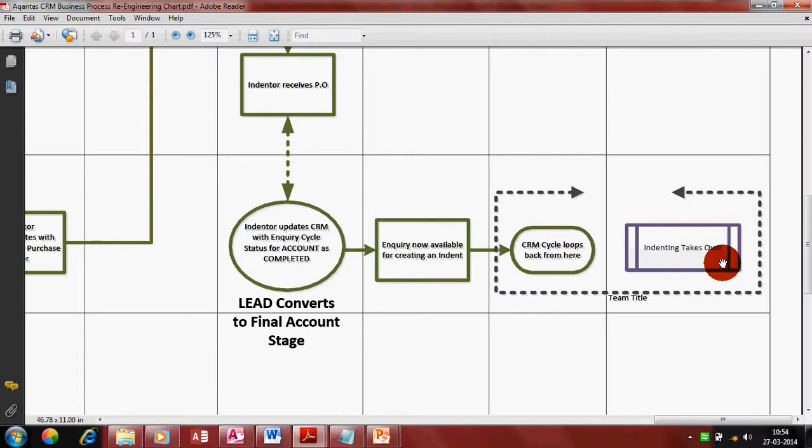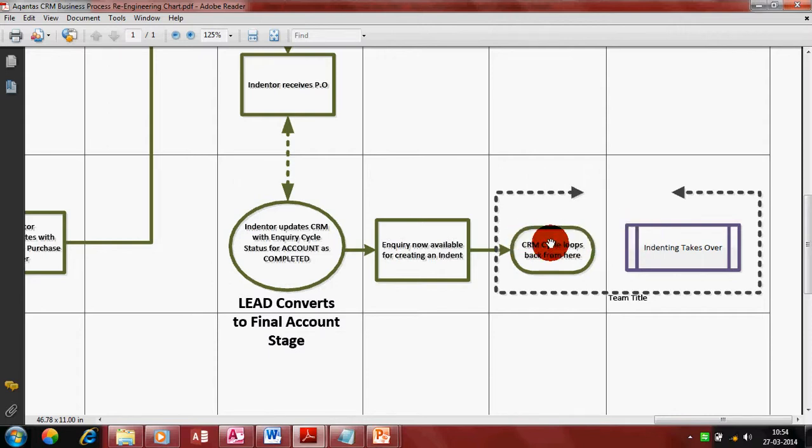When you go to the indenting module, before you print or create an indent, or even start typing the first indent number, you need to first select the inquiry number on which you are preparing the indent, because that's going to help you reduce a lot of data entry time.